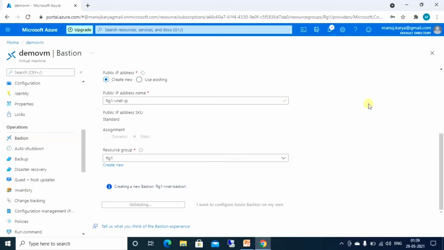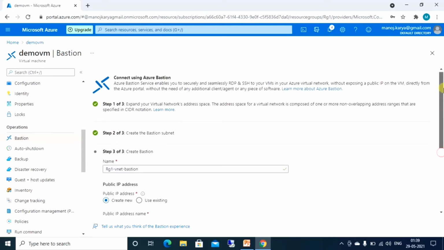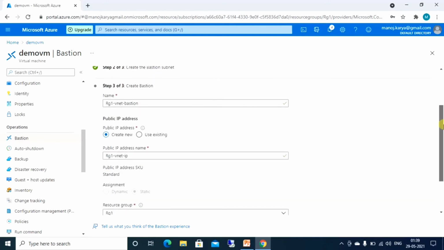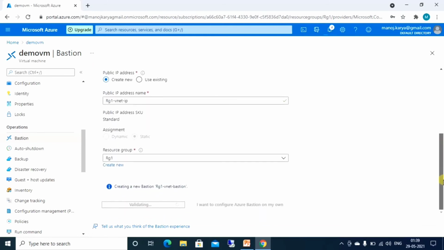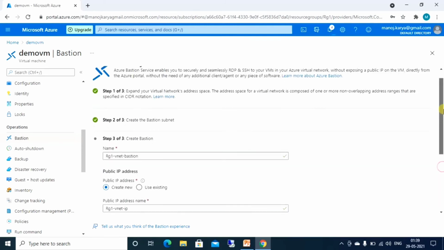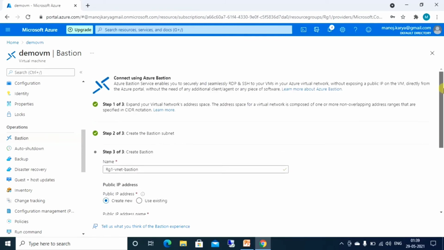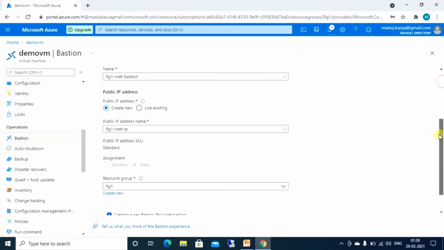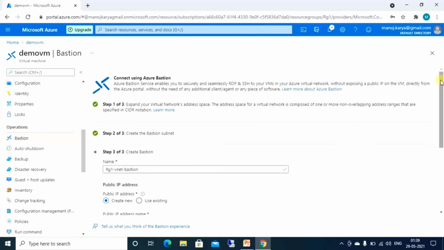It will take some time, and we are going to connect to this VM through Bastion. We will not go directly by RDP to this VM because we have not exposed the public IP.